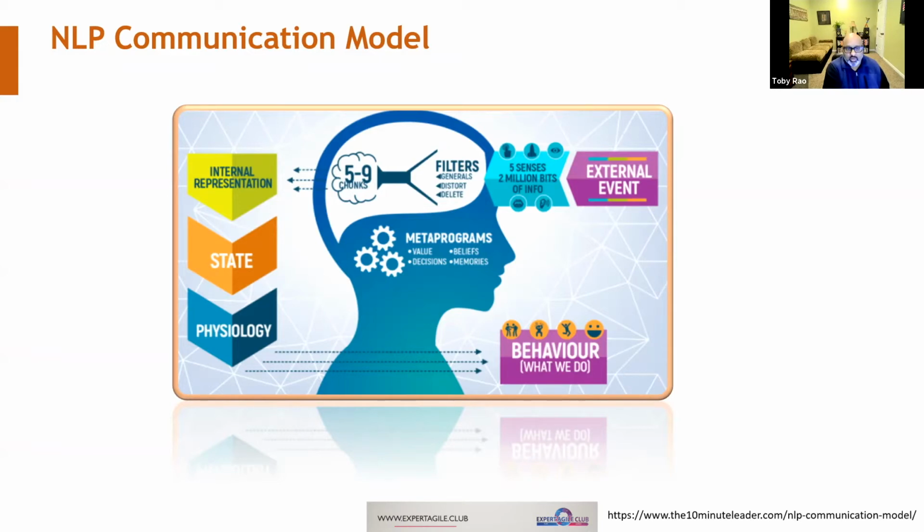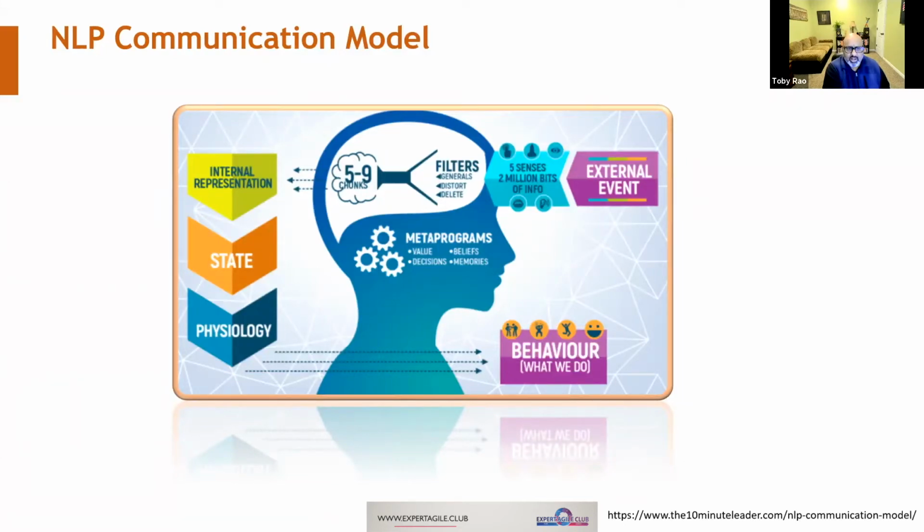And they say that there are five senses with about 2 million bits of info. So there's a lot of information that stays in our mind in the random access memory. So anything that happens, our brain uses that information that we have to process that. It also has certain filters, and we're going to talk about those filters quite a lot today. So something happens, it goes through this information, and then three main areas, the way the filters work, and we're going to talk a little more about it.